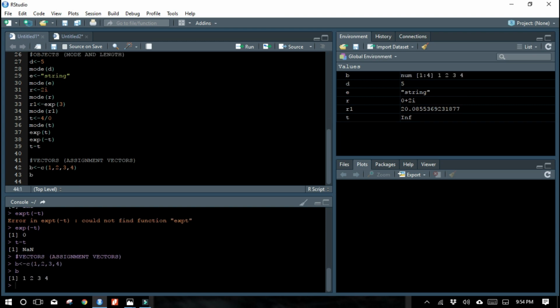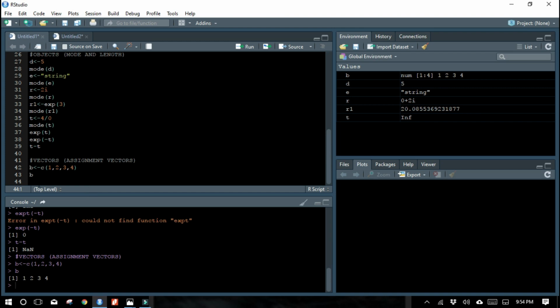So the value of B when you see is 1, 2, 3, 4. So this operator, the less than symbol and the minus operator, is called the assignment operator. So a vector is assigned to B, that is an object. So this is a vector and this is an object. Okay, when you see what is the B value, you will get all the values that you have assigned.